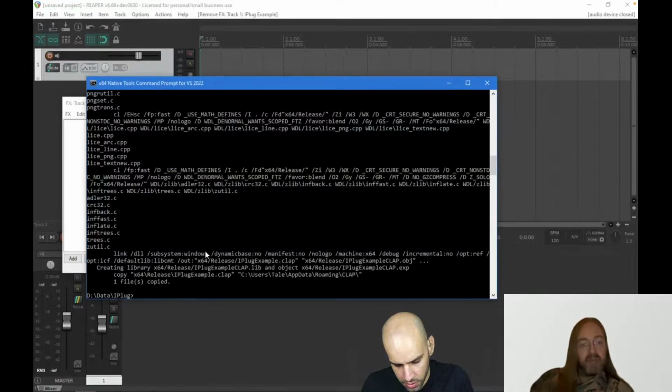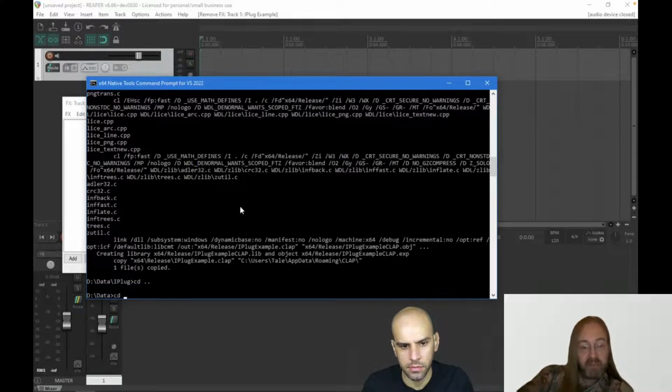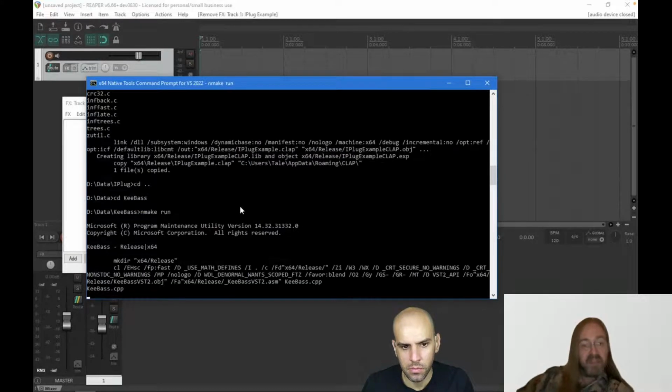So, and for some of my bigger projects, I will actually extend that makefile a bit. So if I quickly switch to Keybase, this is something I can also do. I've created a makefile that supports, let's do run, that's even better. I've made a makefile that mimics the sort of behavior you see on Linux a lot, where you can do make install and make run. And I can do that with plugins as well.